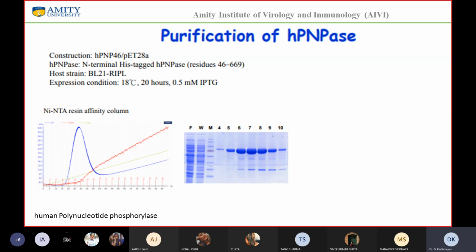0.5 millimolar IPTG. So typically, the concentration of IPTG that is used generally varies anywhere between 0.2 millimolar up to 1 millimolar. People can use up to 1 millimolar, but in this case, they have used 0.5 millimolar, 500 micromolar, right? So it can range anywhere between 200 micromolar to almost 1 millimolar, but in this case, they have used 500